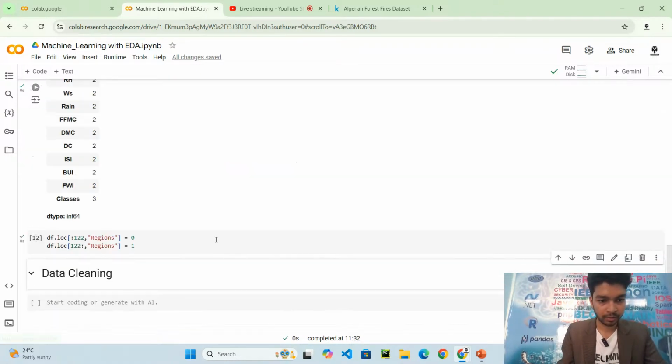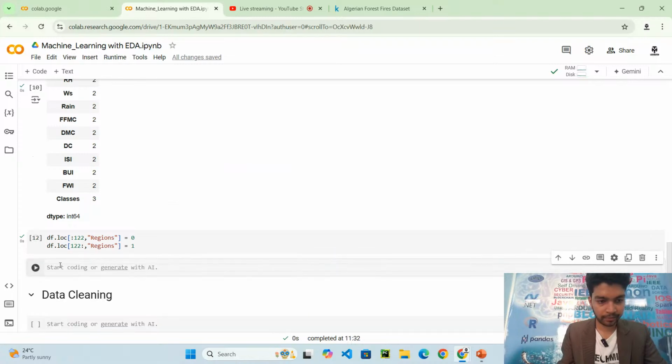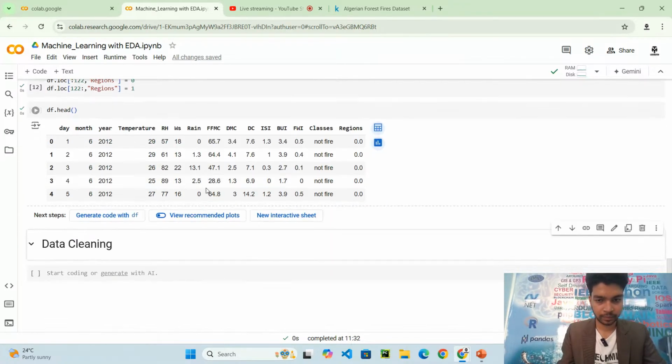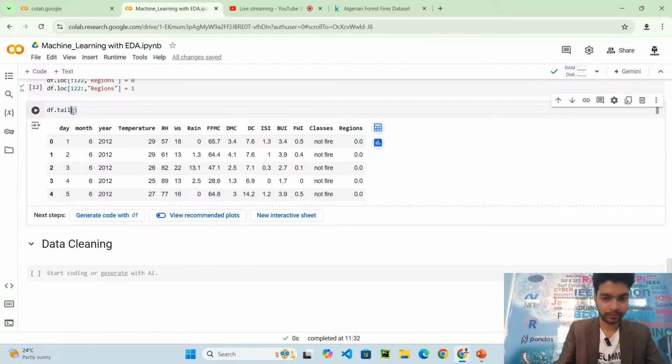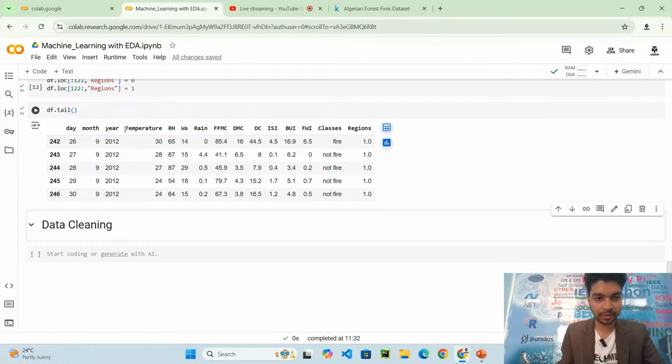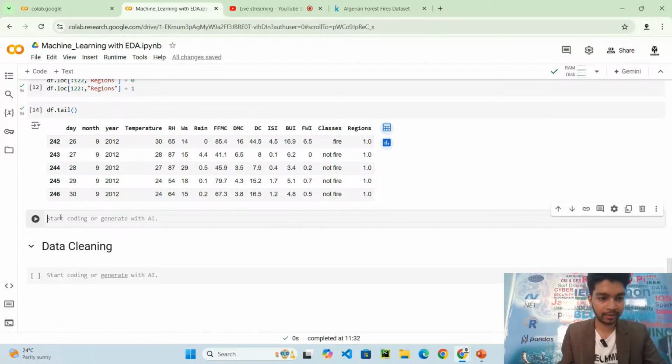Now if I do df.head, you'll see something called Region. And df.tail. So you have a column called Region now with 1 and 0. I have converted the Bejaia region to 0 and the Sidi Bel Abbes region to 1.